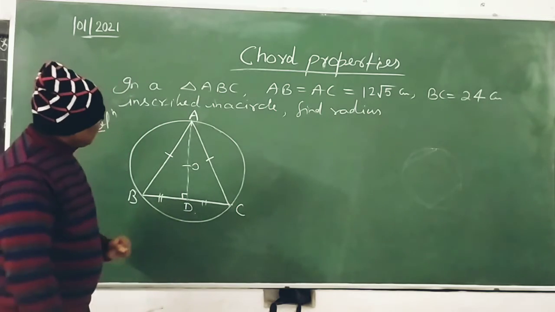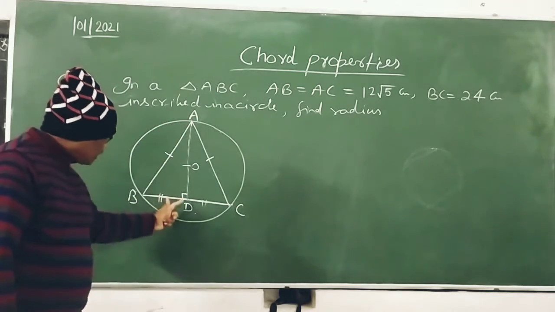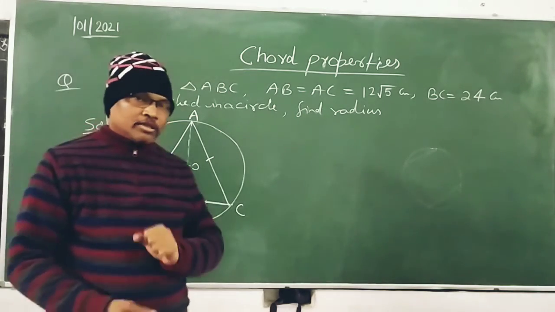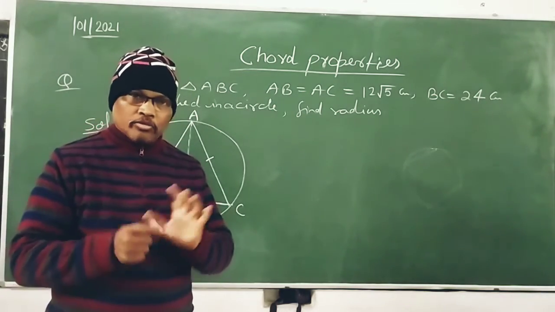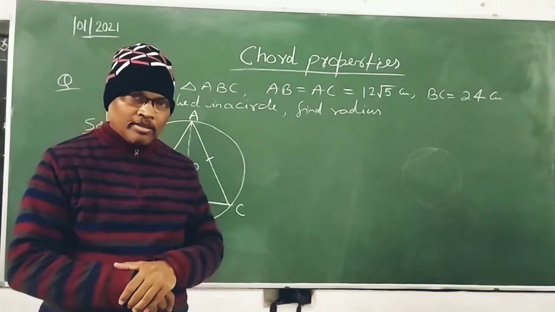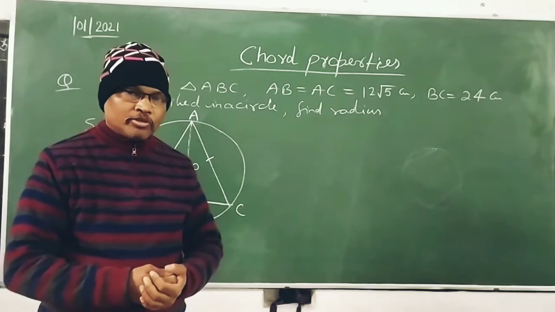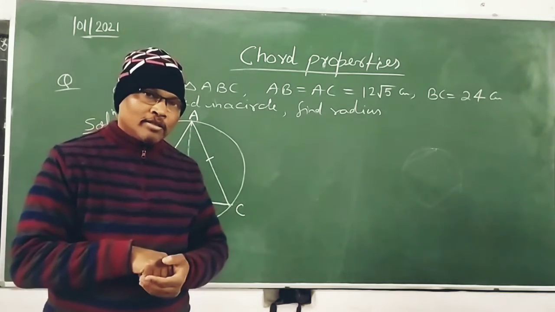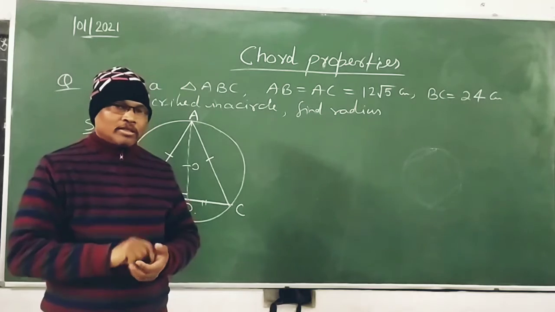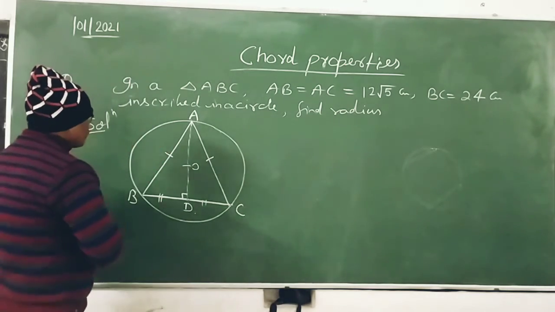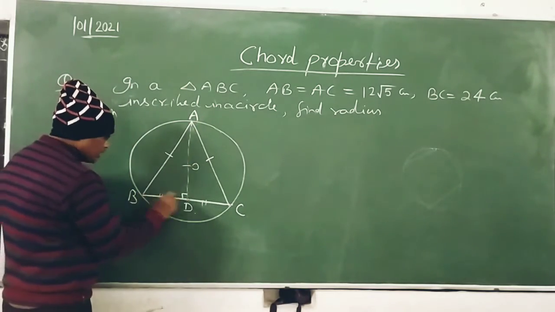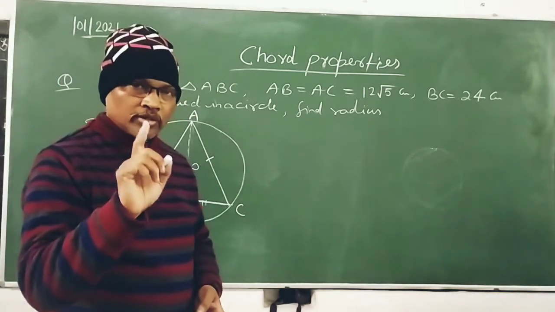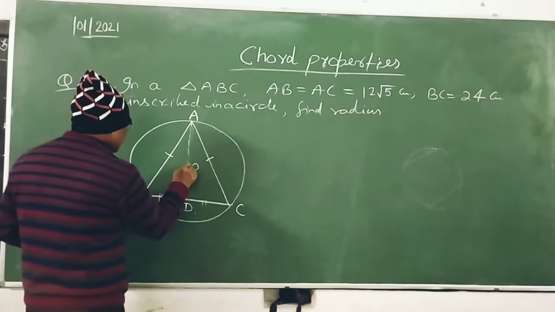मतलब ये कि जब हम A से perpendicular यहाँ पे BC पे डाल रहे हैं, तो this is the isosceles triangle है, क्योंकि ये एक property उसकी लग रही है कि divide the opposite side into equal parts, लेकिन साथ में as well as the property of the circle कि अगर कोई perpendicular line divide हो गई किसी भी part को into equal parts, it will always pass through the center. So this is the center, suppose.